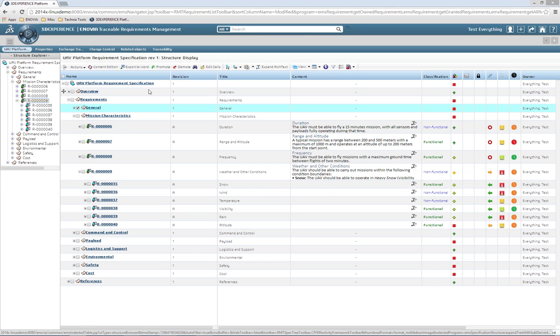And this is the way you work. You can go into content edition mode once you have imported your requirements and further refine the information. Of course, for released information, you cannot go in and modify, then you must make a new revision of that